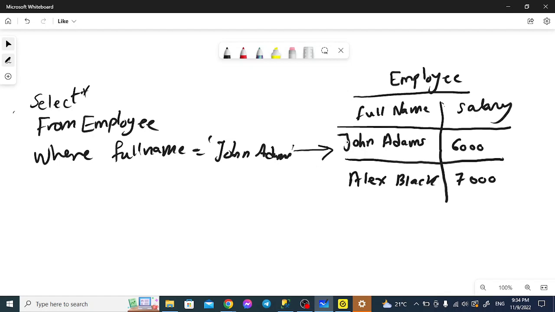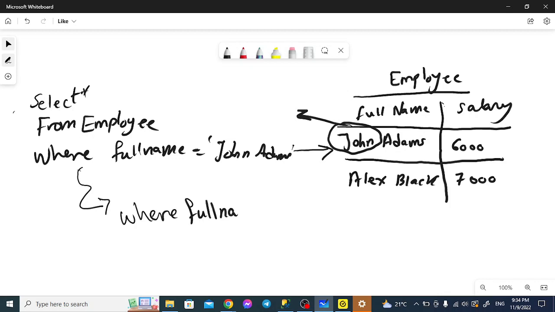So actually this will work, but what should we do if we want to get all the employees whose first name is John? How can we do that? Instead of this where, we could write where full name like John